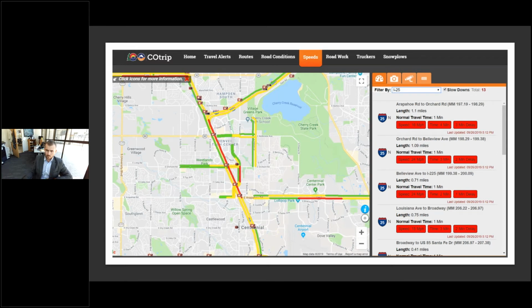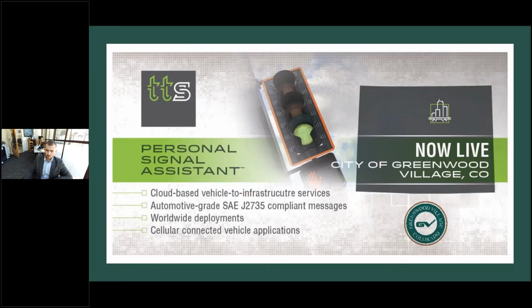So let's talk about those Audi cars. This is our TTS solution that literally is cloud-based, and it programs messages into cars that are properly equipped as they approach intersections. They get messages on which lanes to be in, how long their delay will be, and it is totally functional into and out of several different styles of vehicles. We're working with the auto manufacturers right now to try and grow that a bit, but this has been a very proven way to use what I will call smart traffic signals that are programmed and connected in a way that thoroughly helps